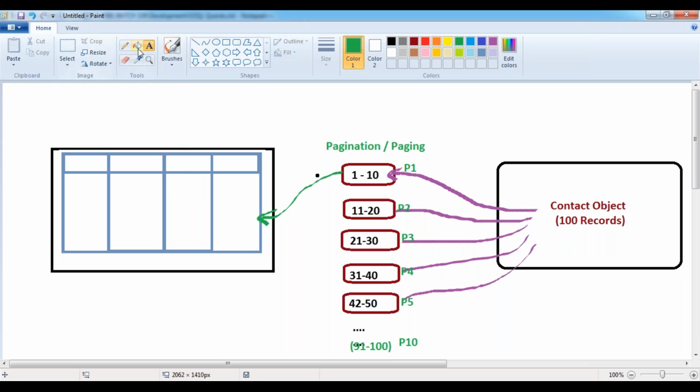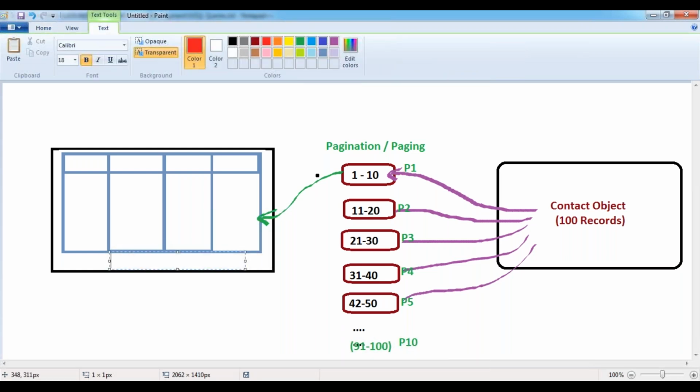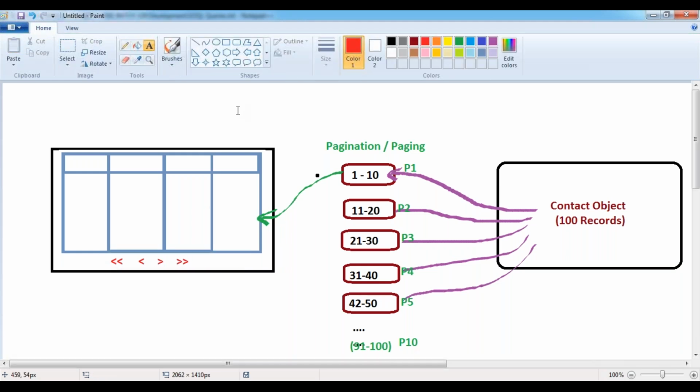navigation buttons are available here. For example, I'm placing the navigation buttons like this: the first navigation button, the previous button, next, and the last. These are the 4 navigation buttons I have for my pagination. As soon as I click on the next button, the next 10 records have to